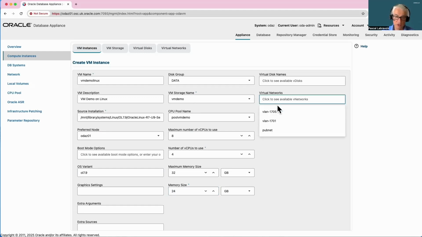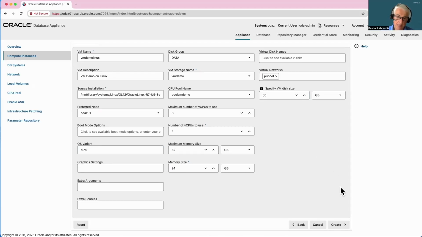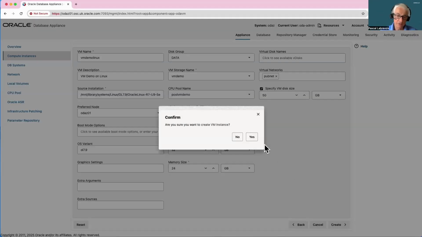So I'm going to select Clubnet because the IP that I want to use is on the public network. And I will just specify the boot disk size. So I'm going to specify 50 gigabytes for my Linux VM. So I press create, and it will submit a quick job to bootstrap the creation of the VM.